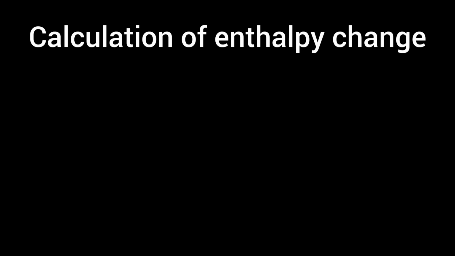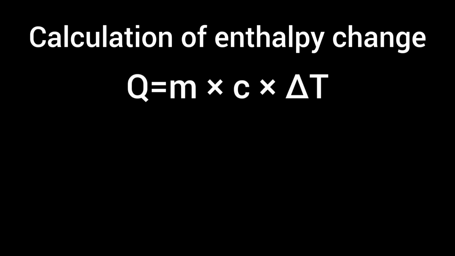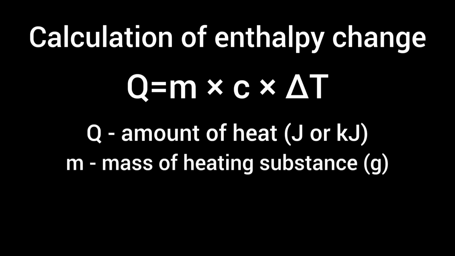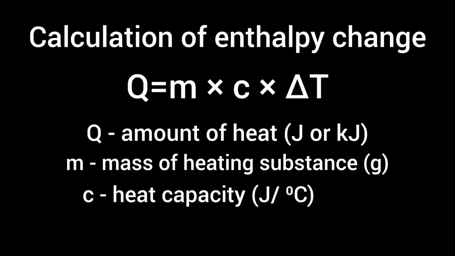Now let's consider the calculation of heat change or the enthalpy change when the temperature of a pure substance is changed using this formula. Q equals m multiplied by C multiplied by delta T. Q stands for amount of heat, m is mass of the substance, C is the heat capacity, and delta T